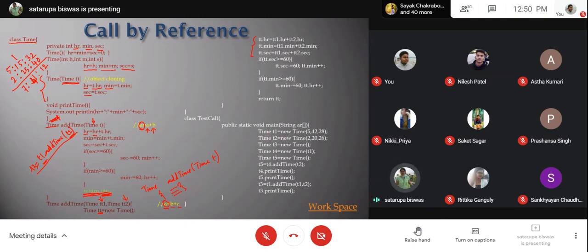Now inside the program, what we are having? We have T1, T2, T3, T4, T5. 5 objects being created here. The first object has the value 5, 42 and 28 to be passed inside the constructor. So that will obviously hit the second constructor, the parameterized one. The second T2 is also passing 3 values, so that is also using the same constructor.